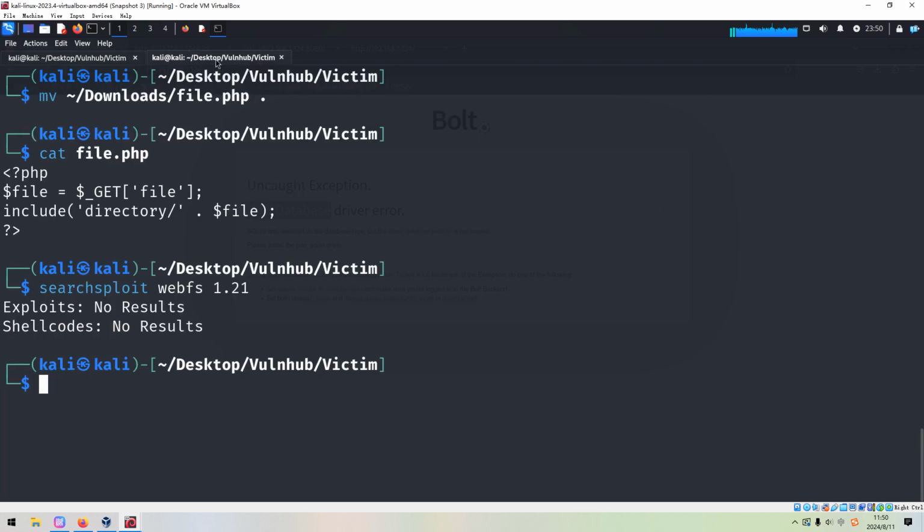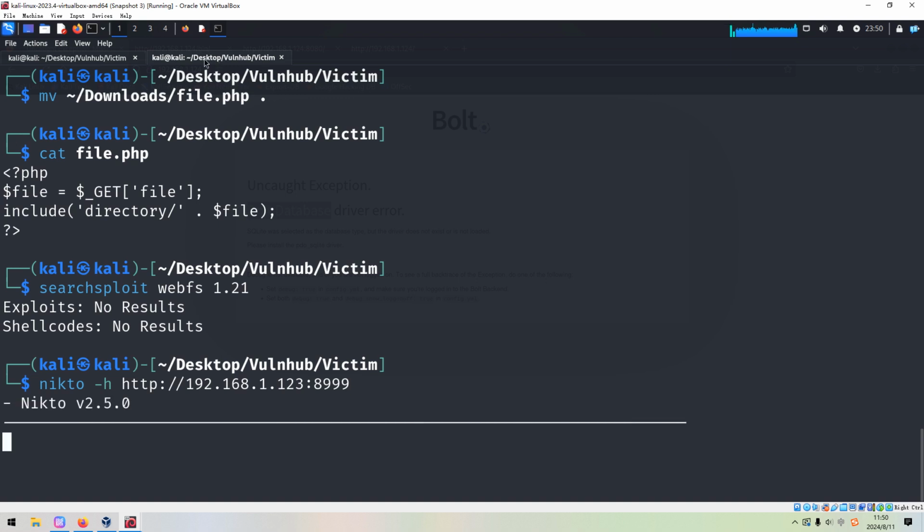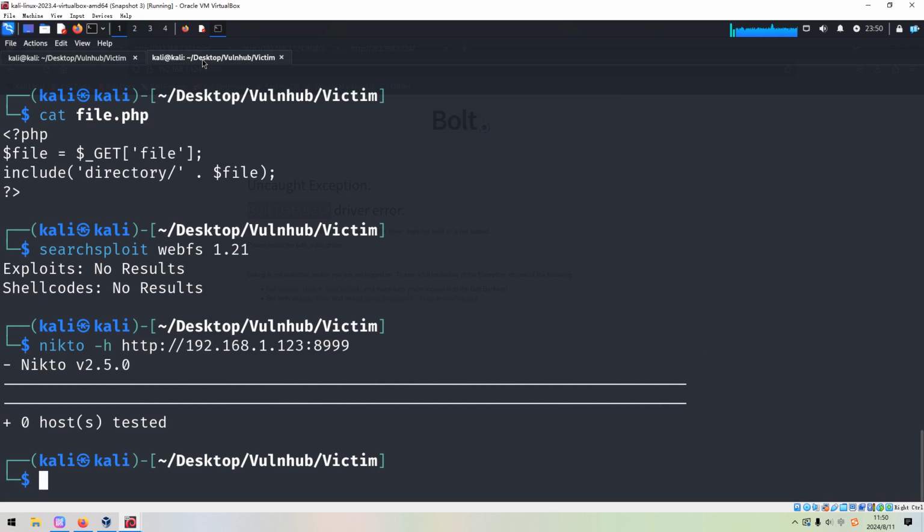And next we can launch Nikto to make automatic enumeration with the port number 8999. Because this machine involves so many port numbers, which will involve a lot of work for us to do, right?